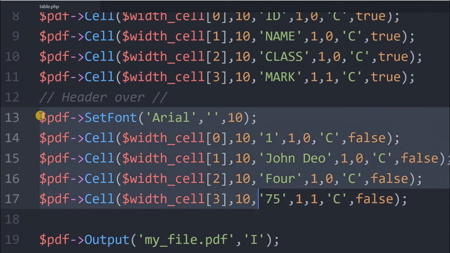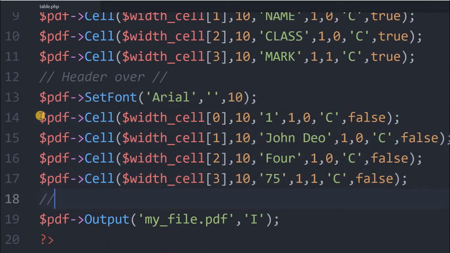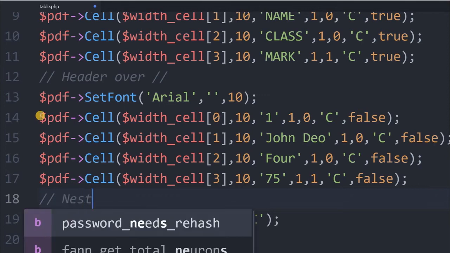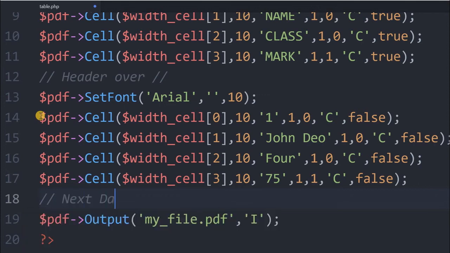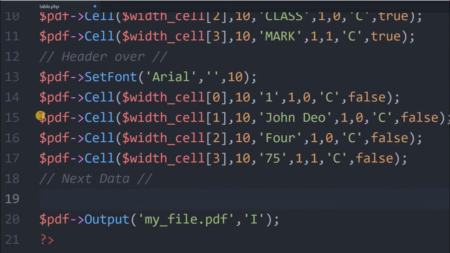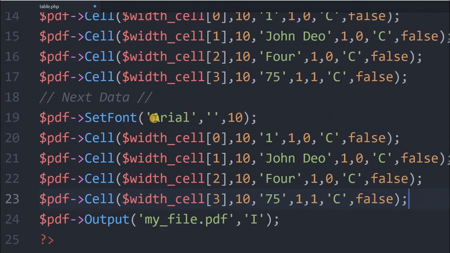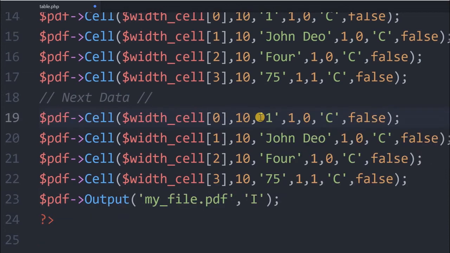So I'll copy up to this. I'll write a comment here, next data, or record, you can say. I'll paste it here. So this is not required. Now we need not set the font again. The ID will be 2.